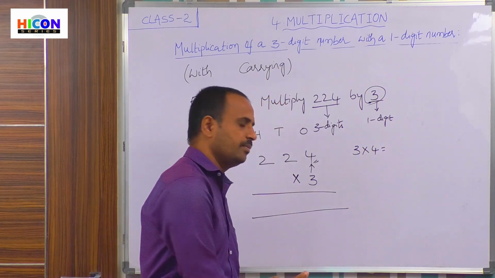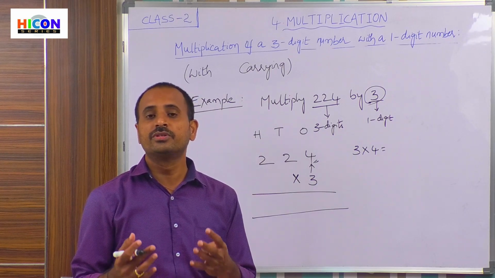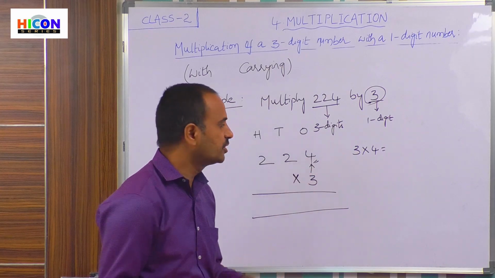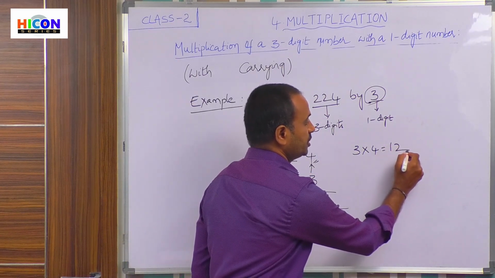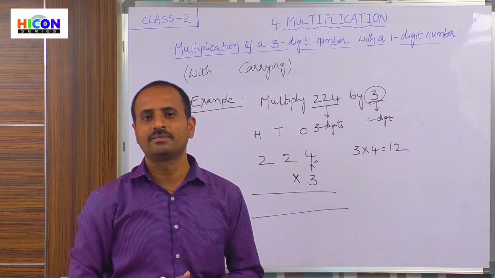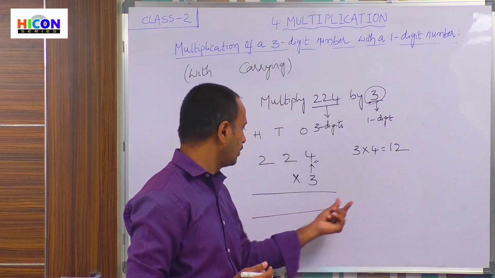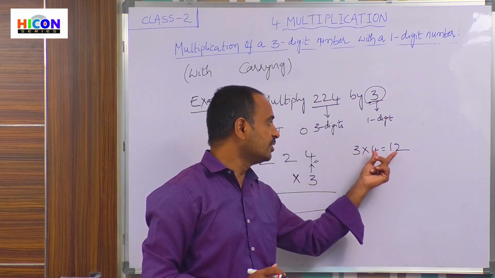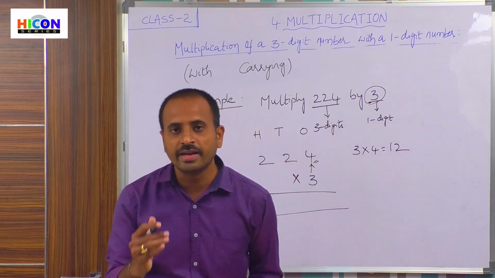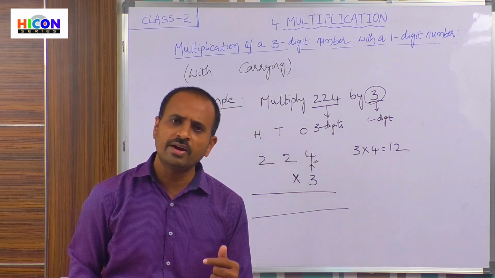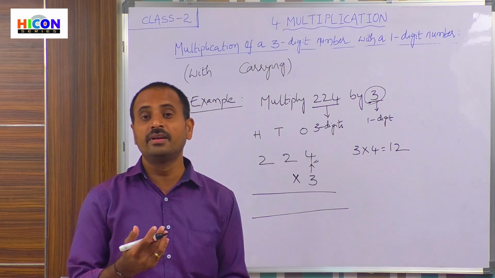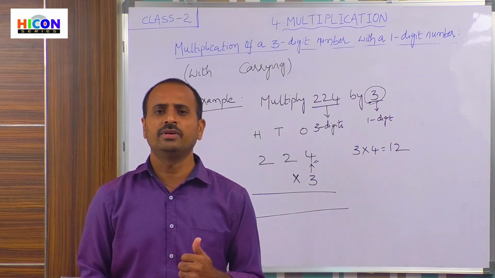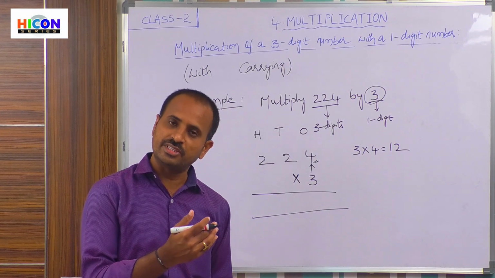While doing this multiplication, you should know the table of 3 thoroughly. 3 4s are 12. Children, here 12 is a 2-digit number, and we should not write this 12 under ones place because there are 2 digits. If the product is a 2-digit number, then we have to take carry. Already we have learned this in the multiplication of a 2-digit number with a 1-digit number with carry, so here also we continue the same process.